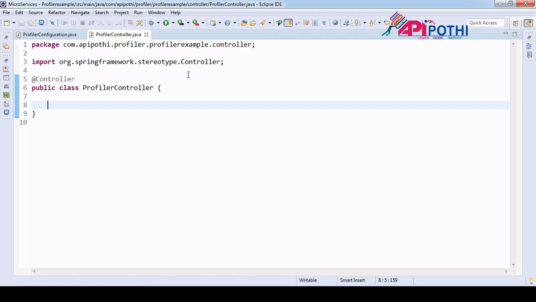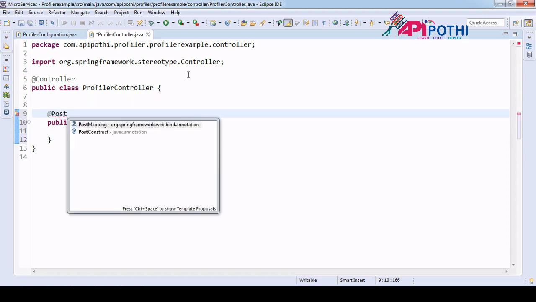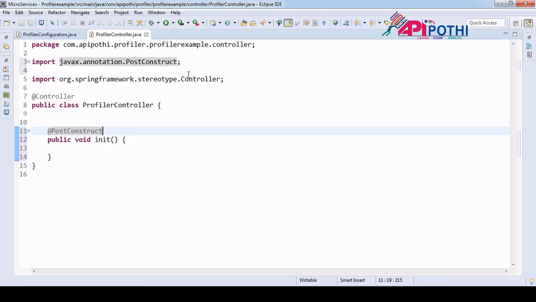So for that I should use an init method, public void init, and I want to annotate this with @PostConstruct, so it will run at the time of execution only.